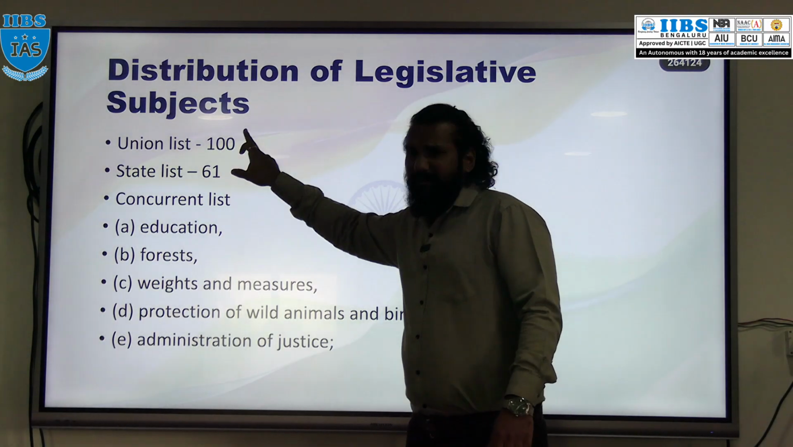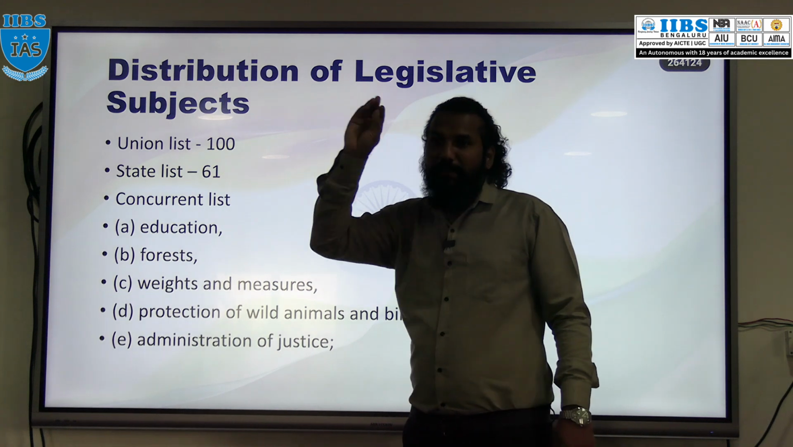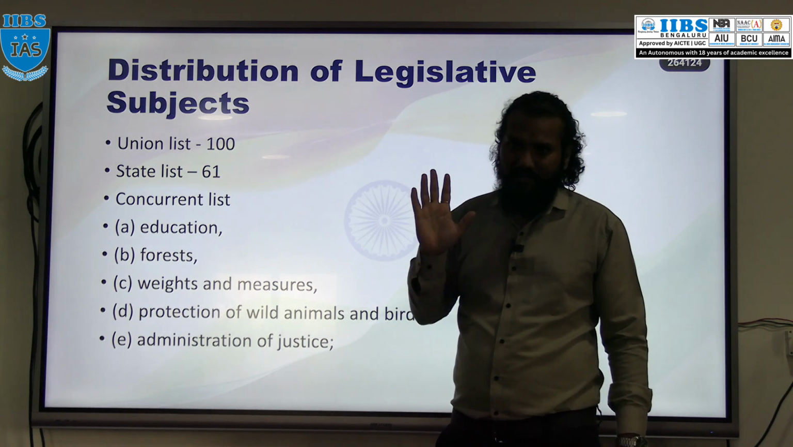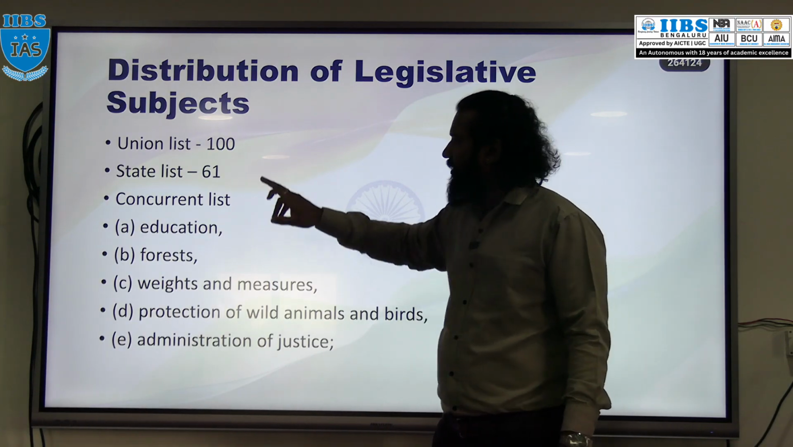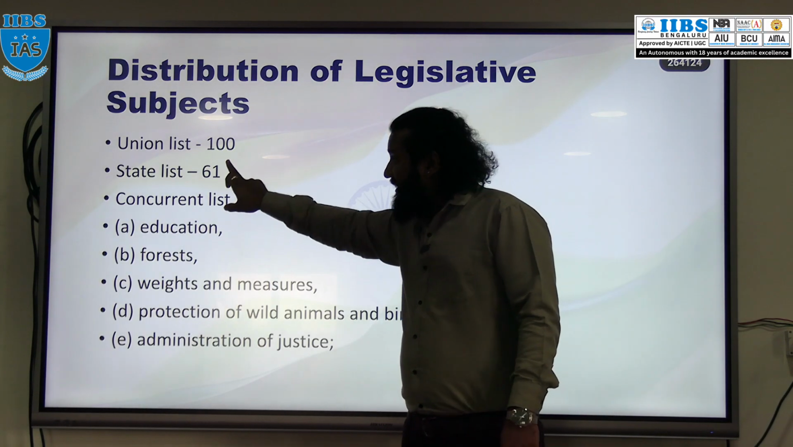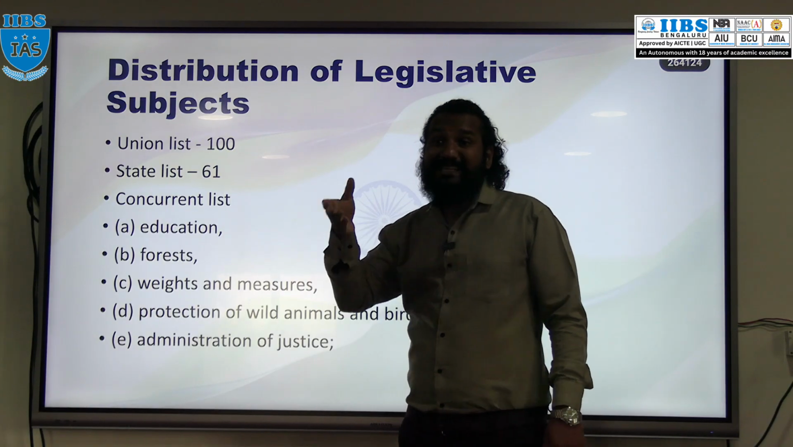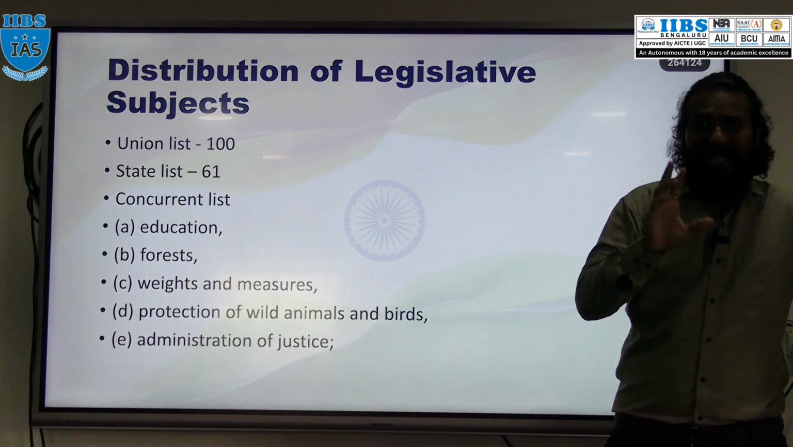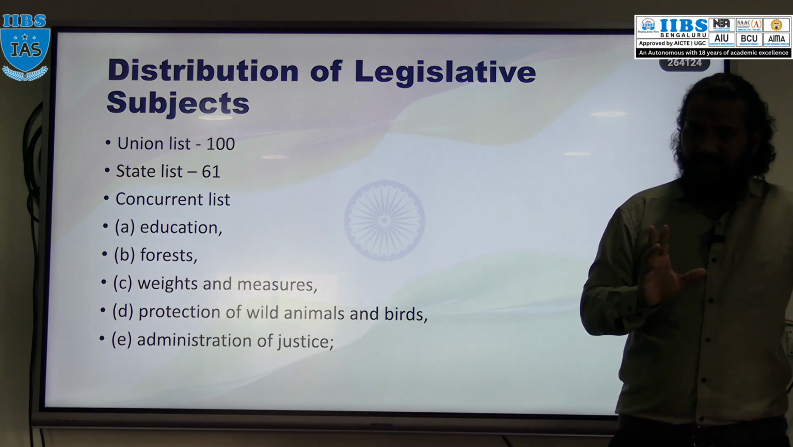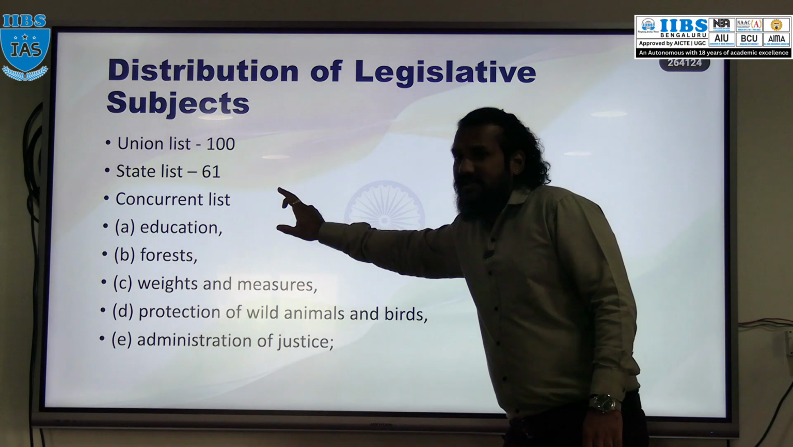The subjects which are mentioned in the union list, only Parliament has the authority to make law. State legislature does not have authority to make law in the union list. In the state list, only the state legislature has the authority to make law, not the Parliament. Exceptions are there, we will discuss. Okay. In the concurrent list,